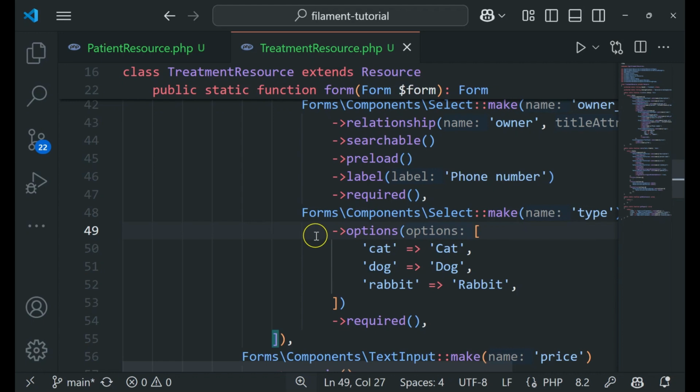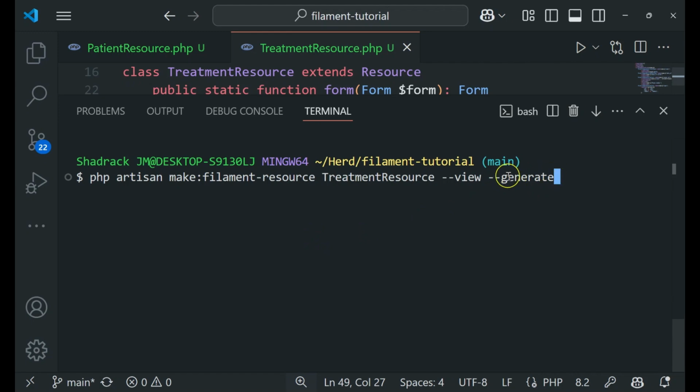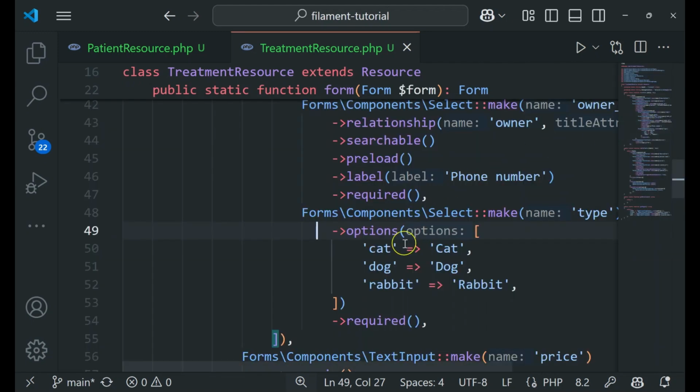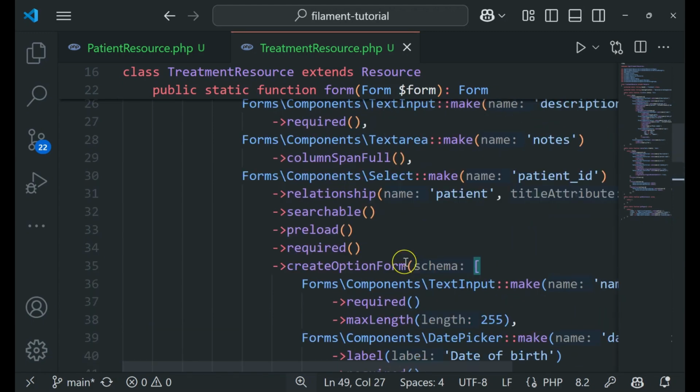I mean the generate command. When you are creating the resource and you give it the generate flag, this is what I was talking about. If you give this one, it will automatically determine if a field needs to be sortable and everything that